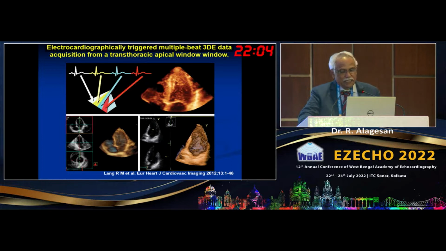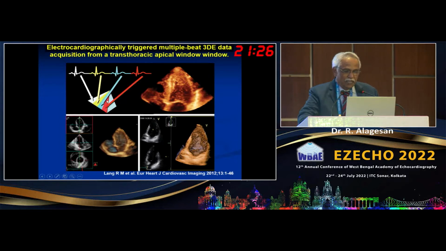Why? Because in two-dimensional echocardiography, most often the left ventricular apex is not included in the echocardiographic picture. The second one is, in two-dimensional echocardiogram we use certain mathematical formulas which are not accurate. Whereas in three-dimensional echocardiogram, the left ventricular apex is always included in the picture, and the volume is calculated by measuring the volume cells which are present inside the left ventricle. How is it done? Say we have to get a